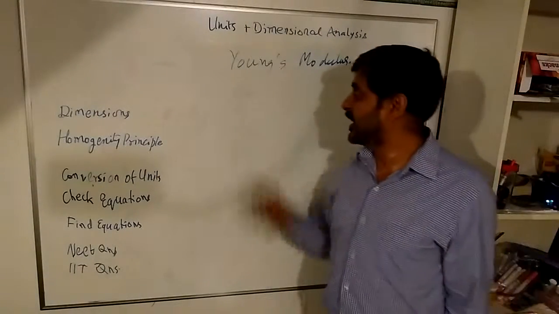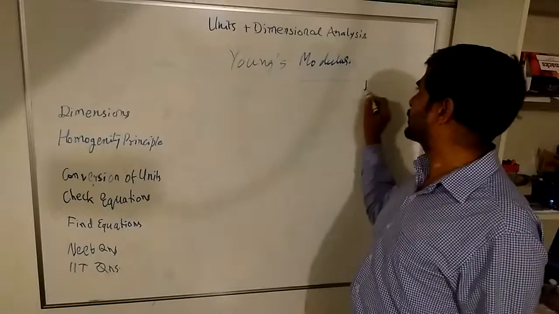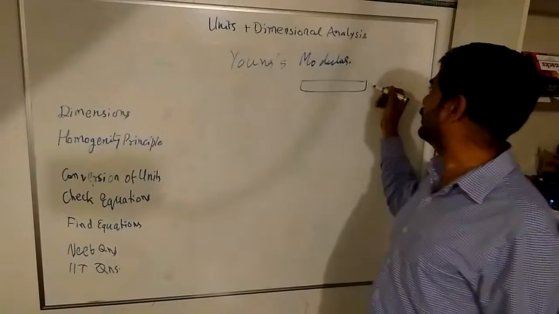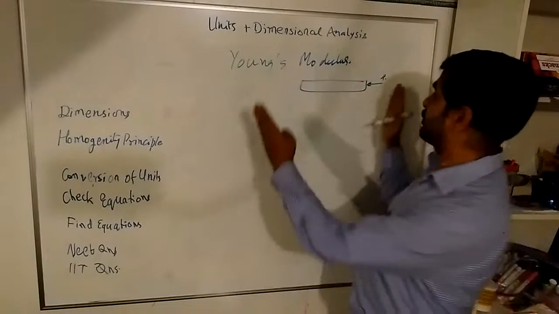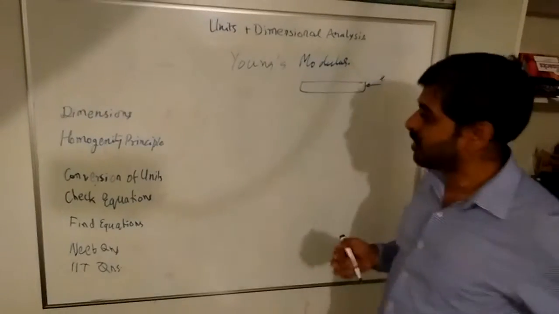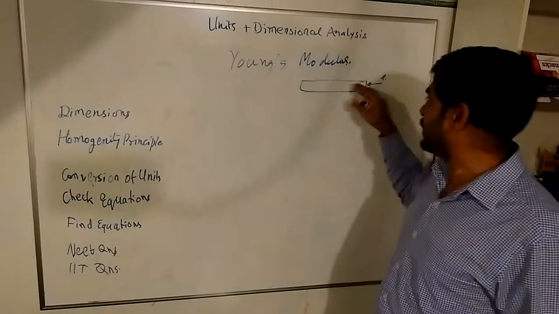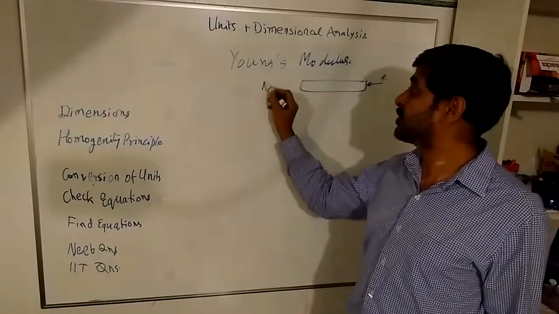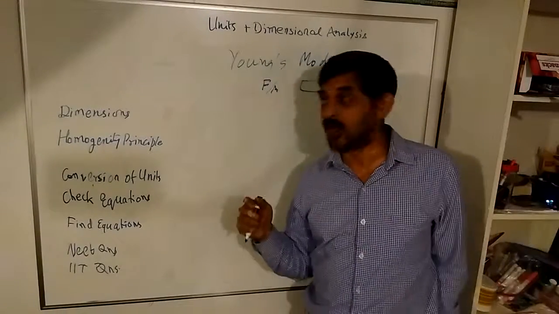It was discovered by a scientist called Young. Let's say this is a structural beam, and you are trying to put a pressure on it, and because of this pressure it tries to compress or it tries to elongate. So Young's modulus is a measure of the relative displacement compared to the force you are applying to it. Let's say you are applying a force F upon an area A, then F upon